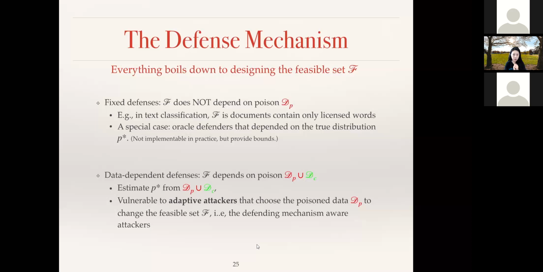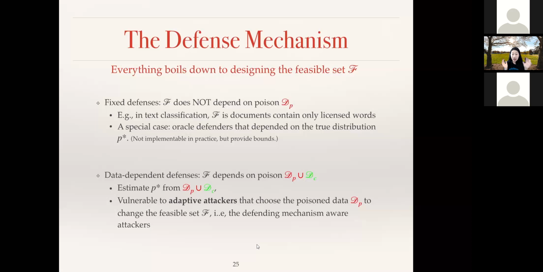Okay, so something related to that, although I'm being very vague here, but the whole idea is that we don't want to specify it. We wanted to have a more general framework first. The data dependent defenses usually would want to do something like estimating the underlying distribution using the poison data. But one thing that we need to understand is that